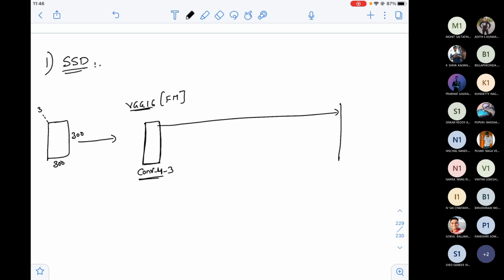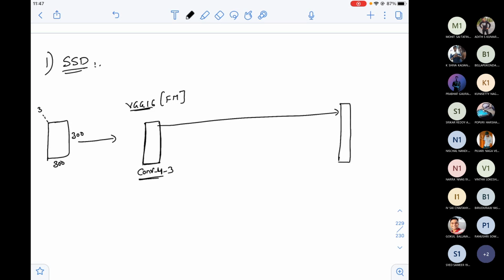to the final output directly. This final output identifies the objectness score.